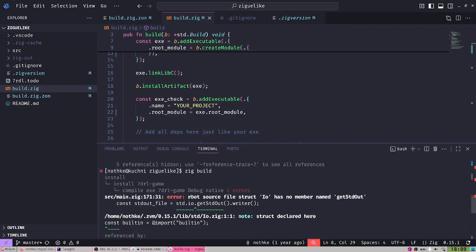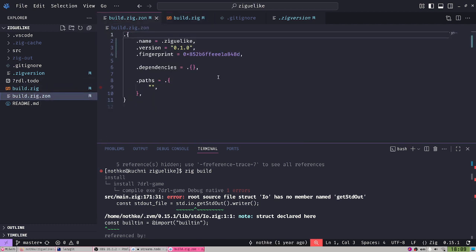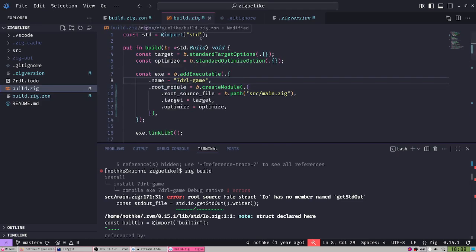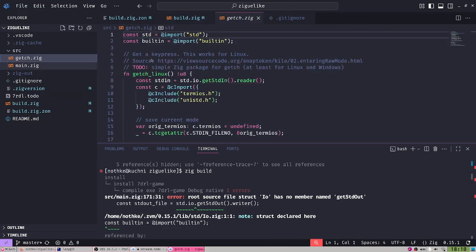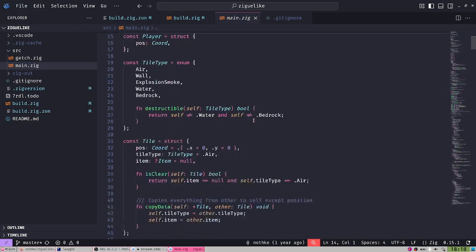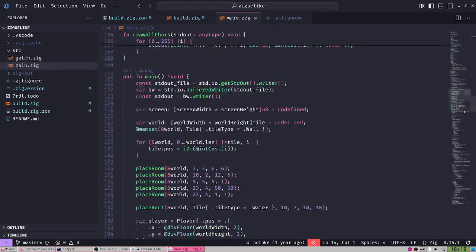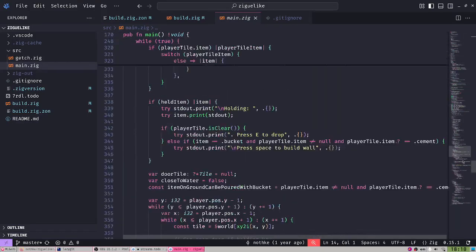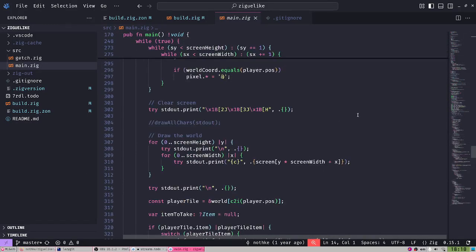Here we go. So this is our first thing where we have this problem with the new writer gate that has happened, right? So what have we done so far? We have updated the zon file to use the enum, added the fingerprint, and build. We have defined the root modules, and now we're going to the source, and we have to see what all these problems are. So is ZLS going to help me, or am I going to just search for this?